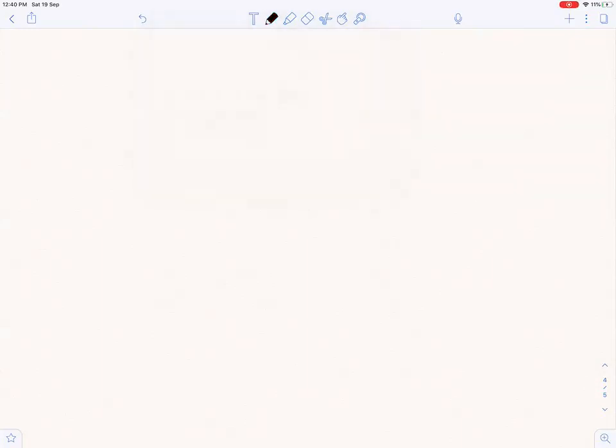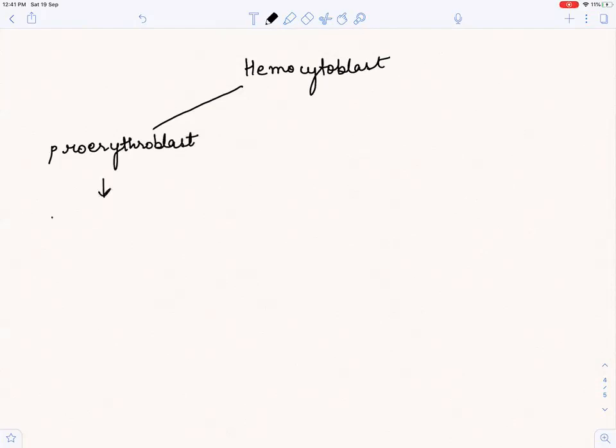What are the precursors to this, right? Like erythrocyte. So there is this hemocytoblast, and from it we'll see there is proerythroblast. We'll do it when you're doing RBC formation, just for a general idea. So when we study in detail, those words don't seem very foreign to you.